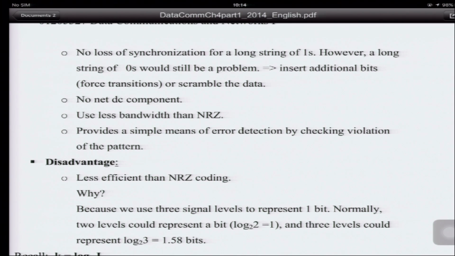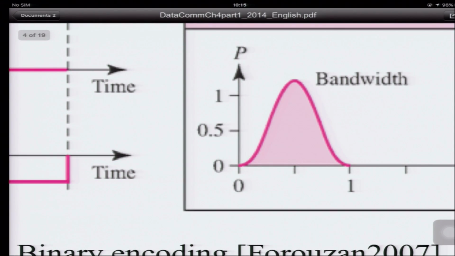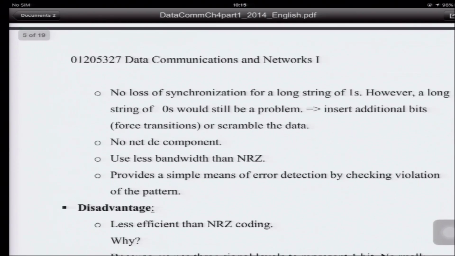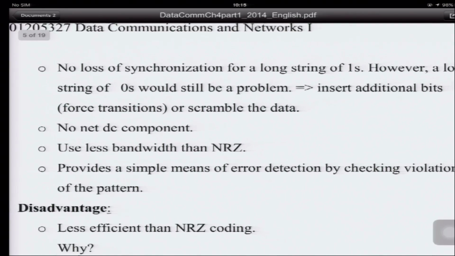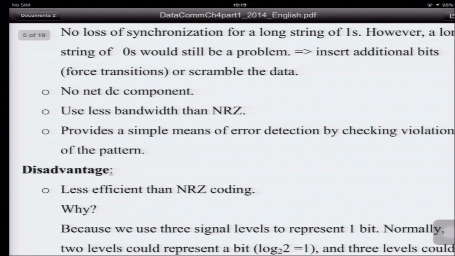In this case, we will see that at 0 hertz there is no spectrum power, which means that they have no direct current, or no DC component. And it uses less bandwidth. If you consider the whole bandwidth, the main lobe and the side lobe of the NRZ, you will see that AMI uses less bandwidth than NRZ. And this will provide a simple means of error detection, by checking the violation of the